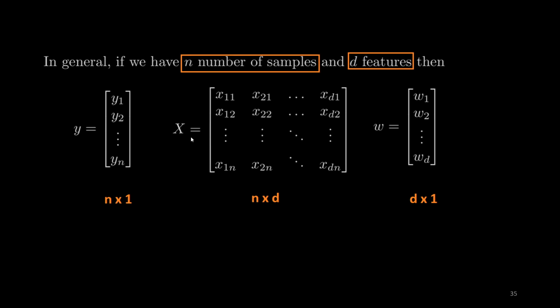Previously, the size of X was 5 by 2 because we had two features. Now we have n samples and we have d features. Therefore, the size of X is n by d. Previously, the size of this W matrix was 2 by 1 because we had two weights with the features. Now we have D features, therefore we have D weights from W1 to WD, therefore the size is D by